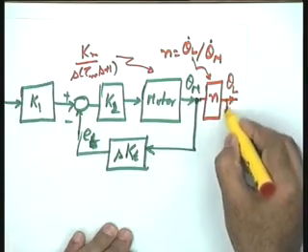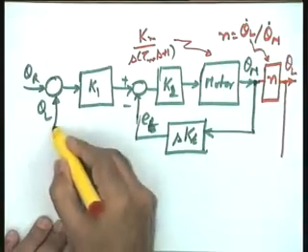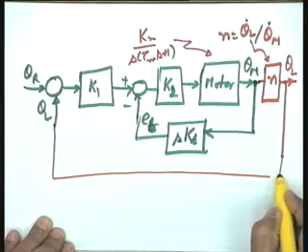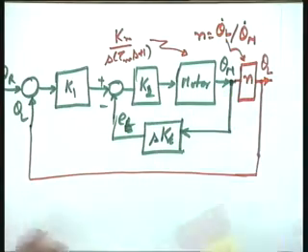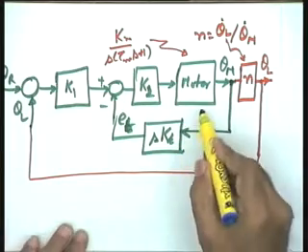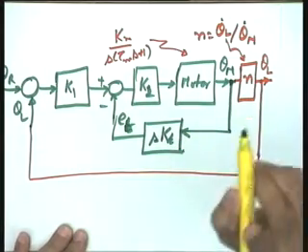From theta L you tap your signal and take it to this particular point. This becomes the complete diagram, where the motor block could be again written in terms of a total feedback loop, and therefore this motor block will give you one more feedback loop.